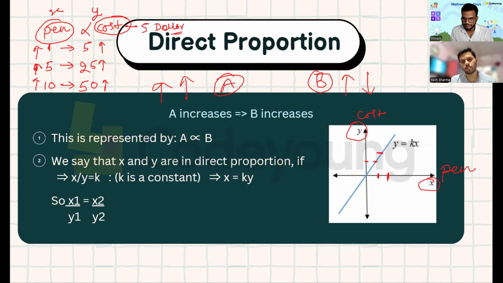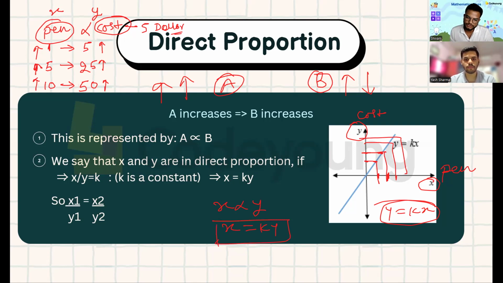So that's why we get this linear equation, y equals kx, and the graph is a straight line. You got it? So if x is proportional to y, it means x equals ky can be written,